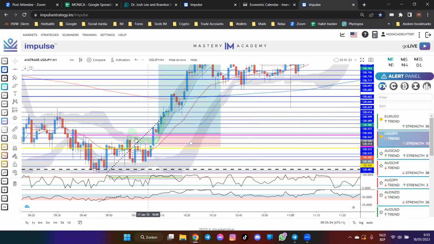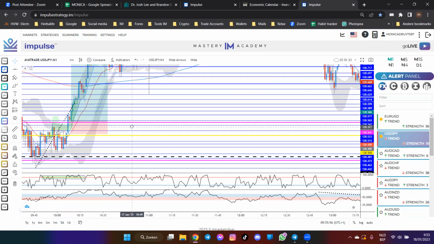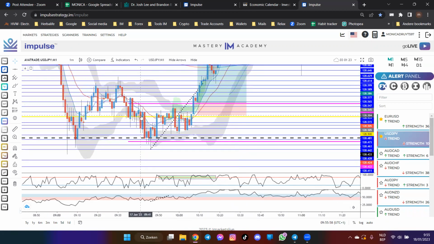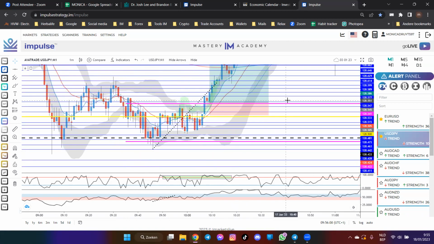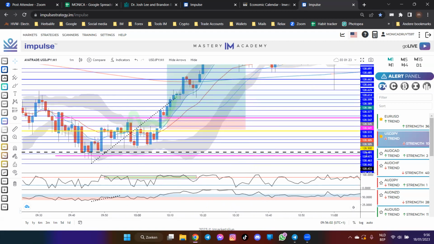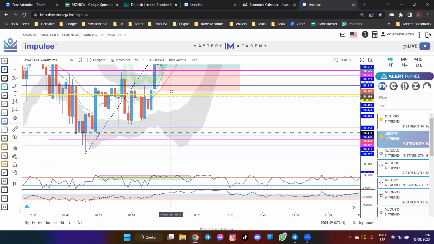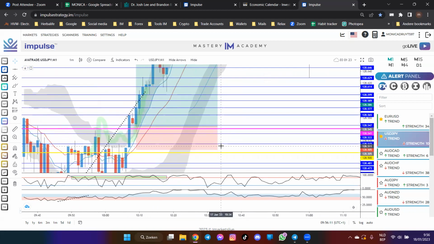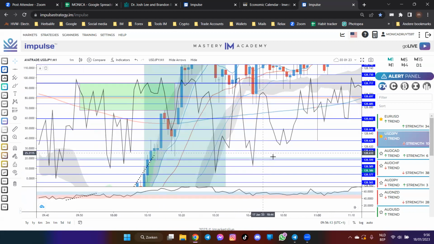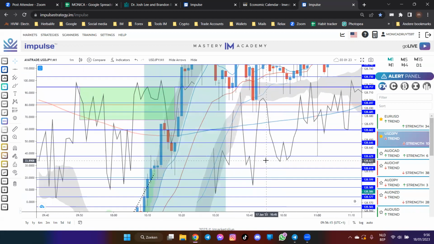Bouncing off the institutional level. There's a purple line. I thought this was consolidation to me, so it bounces off my consolidation, bounces off my line. It was here going up. It was here in oversold. Where are the arrows? There are no arrows on this chart, but okay. You only get the last, I think, 200 arrows.